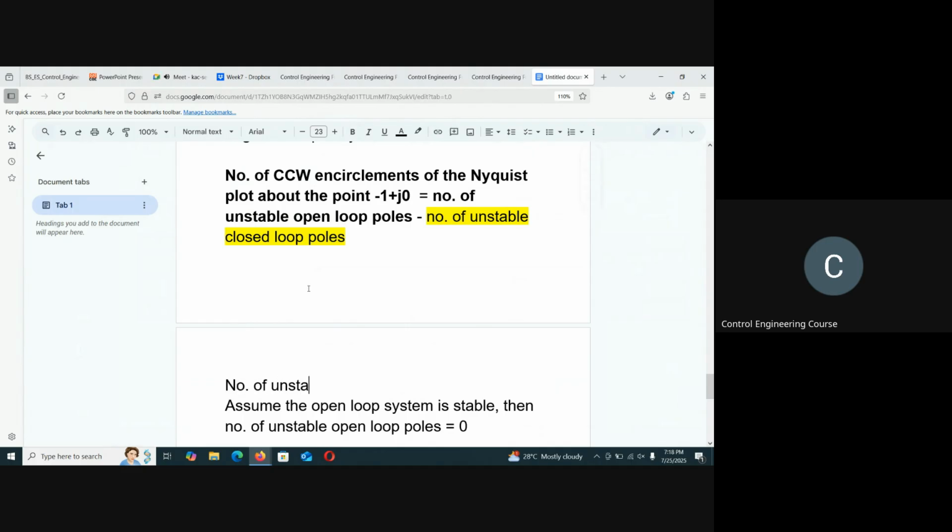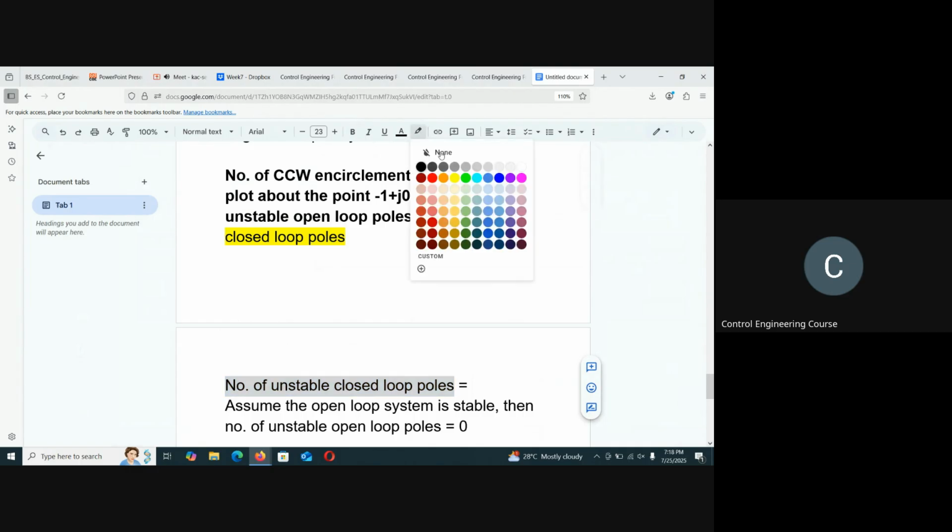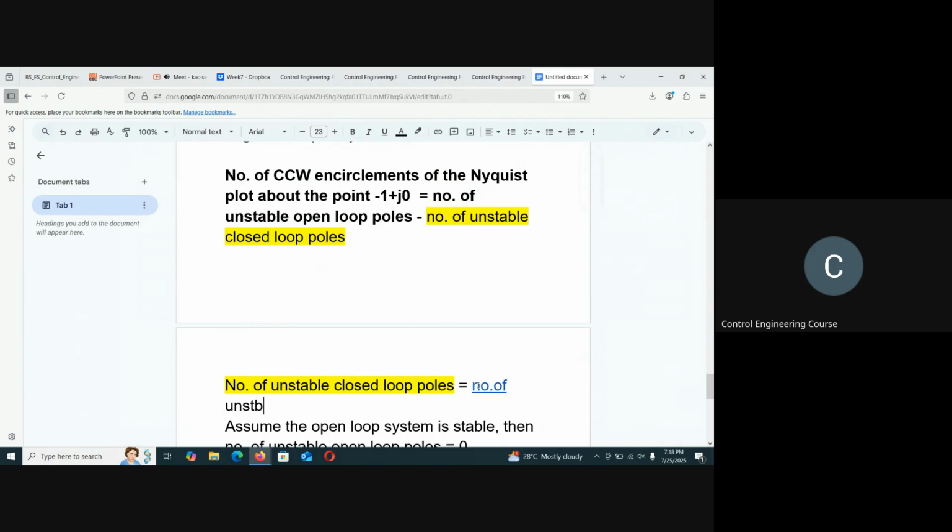The number of unstable closed loop poles that you want to find is basically the number of unstable open loop poles, which is this,